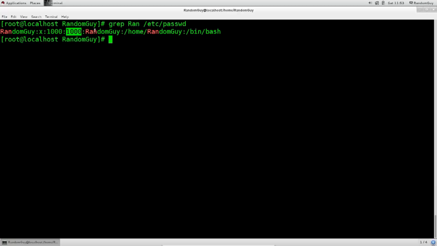But for the time being, know that this first number, 1000, signifies the UID, and that the second number signifies the GID. The GID tends to be different from the UID from time to time, depending on what sort of a user you have created and to which groups you have assigned it. For example, let's say that a random guy is an accountant in some sort of a firm, any kind of a firm, let's say a butchery,